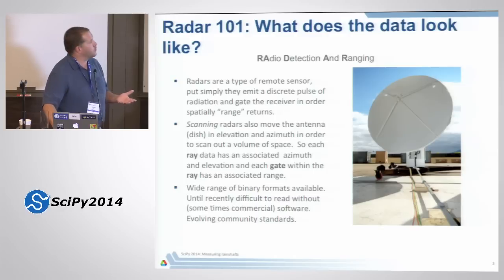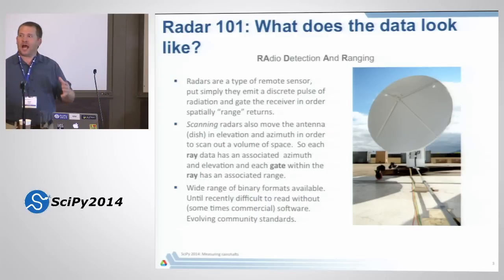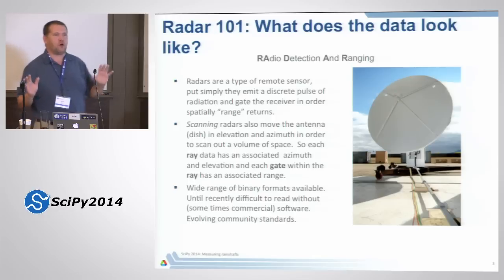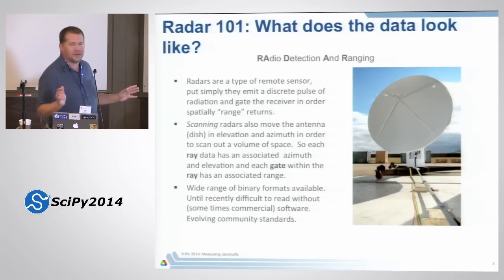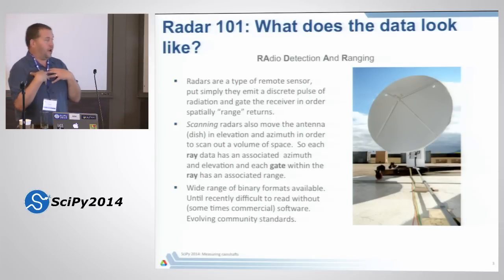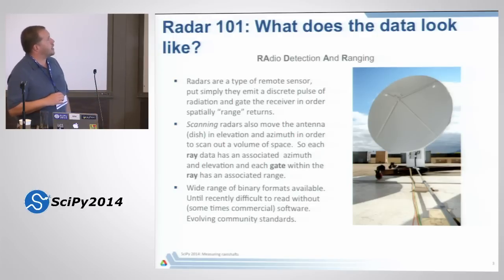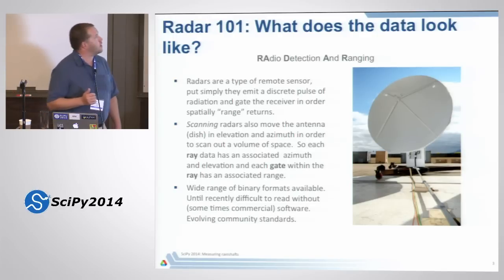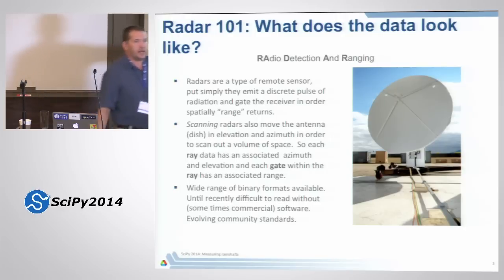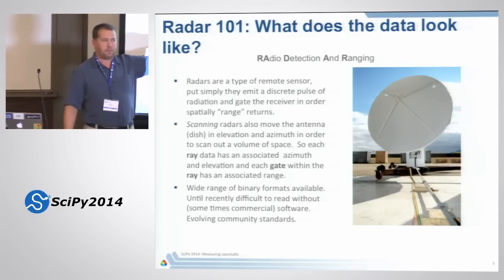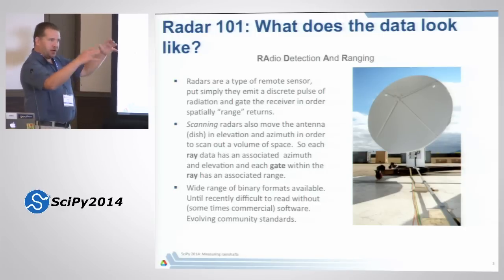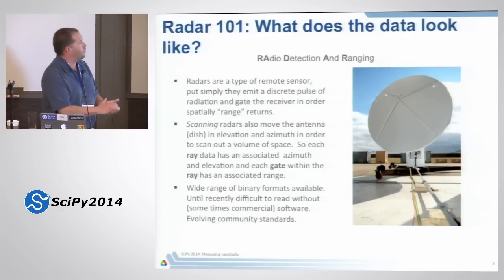So first of all, I've got to do a little bit of professorizing because I kind of want everyone to understand what I'm talking about without just dropping terms on here. And I know you guys aren't all radar guys. I'm a radar guy. So radar 101, what does the data look like? Radar stands for radio detection and ranging. Basically, this is a radar without its clothes on. Usually they look like a big golf ball out there because you put a big dome over it to protect it from winds and so forth.